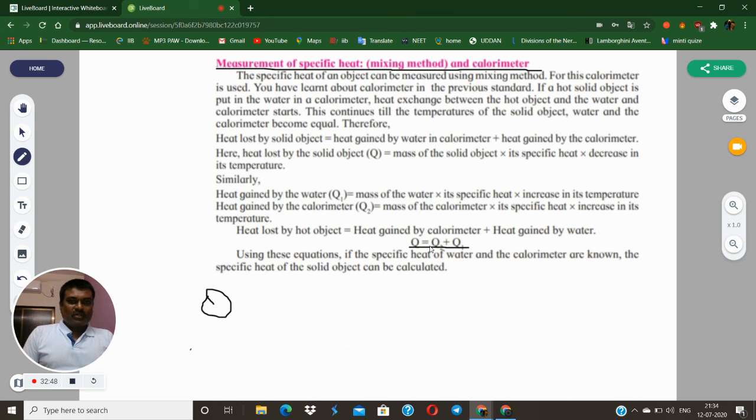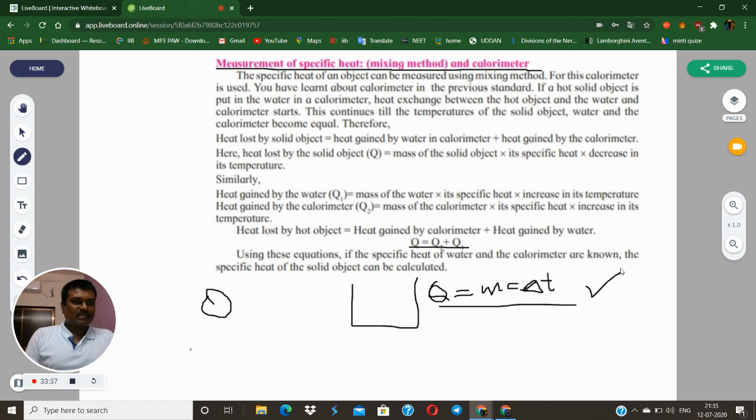So actually we get the formula Q is equal to, Q बोले तो that is a loss energy, heat energy by that object is equal to the heat gained by the calorimeter, yes okay, plus heat gained by the water, water ने जो heat ली है ना, क्योंकि ठंडा था तो गर्म हो रहा है, तो उसने भी हीट ली है, तो इसी से हमें यहाँ पे क्या मिलेगा बेटा, Q। तो Q हीट लॉस है, तो हीट लॉस इज इक्वल टू, ये देखिए मास ऑफ दैट सब्सटेंस m, the specific heat of the calorimeter, yes okay, that's C, another that is a change in heat, that is a delta T। तो ये फॉर्मूला यहाँ पे बनता है।